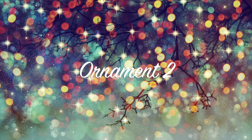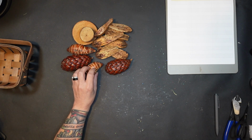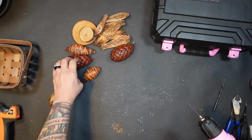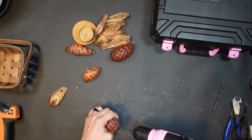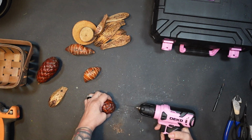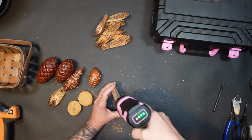Ornament number 2 is actually just some big pieces, extra pieces that I had from some potpourri mix that I bought a couple of years ago. And these pieces I took out because they were just too big for the container that I had the potpourri in. But I decided that I wanted to keep them. So this year I thought, well, I'll make some ornaments out of these, since my tree is kind of going to be more woodland theme type of